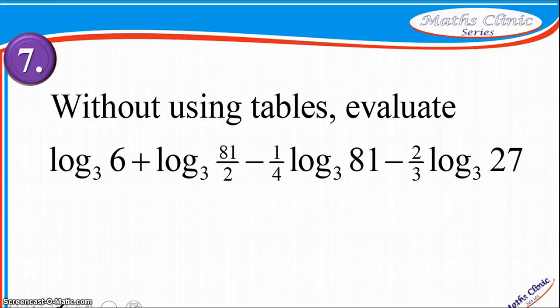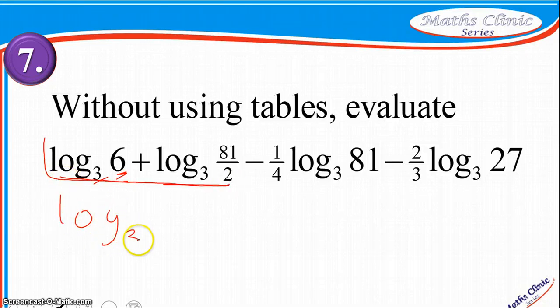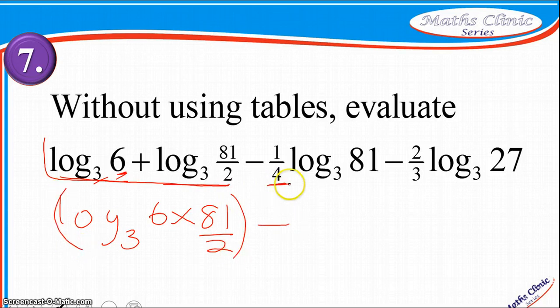Now example number 7. Try solving this question. I'm not going to go into detail of this solution, but I'll give you a clue. Now the only challenge that you have is this one, because 6 cannot be changed into indices for us to clear the 3 and base 3, and here too it will be difficult to change. So what you can do is that this 2 straight away can give you log base 3 of 6 times 81 on 2, so that will be separated. Then minus, you can move this one to an exponent of this, you can move this one to an exponent of that, and that can be simplified. So when this one cancels itself and cancels here to be